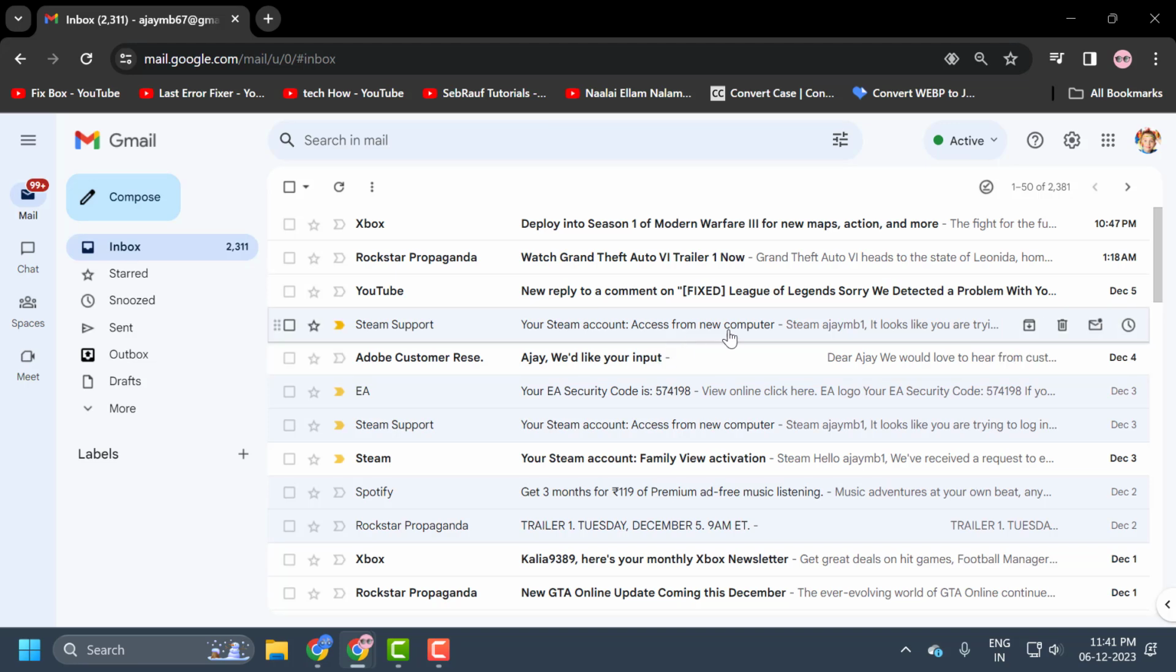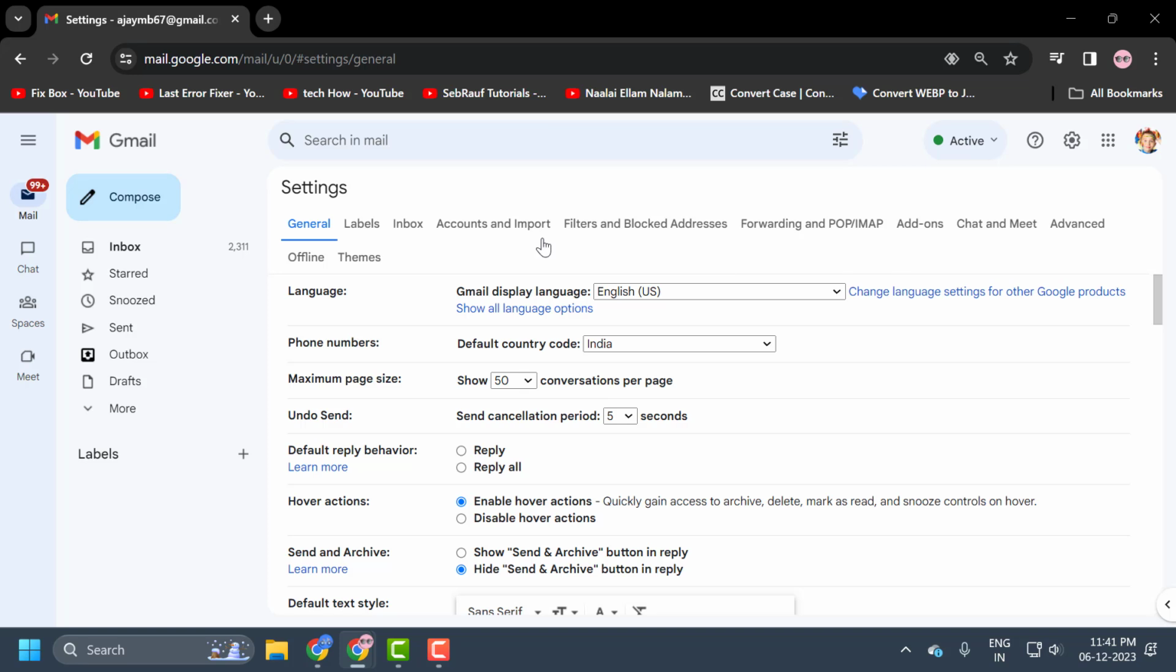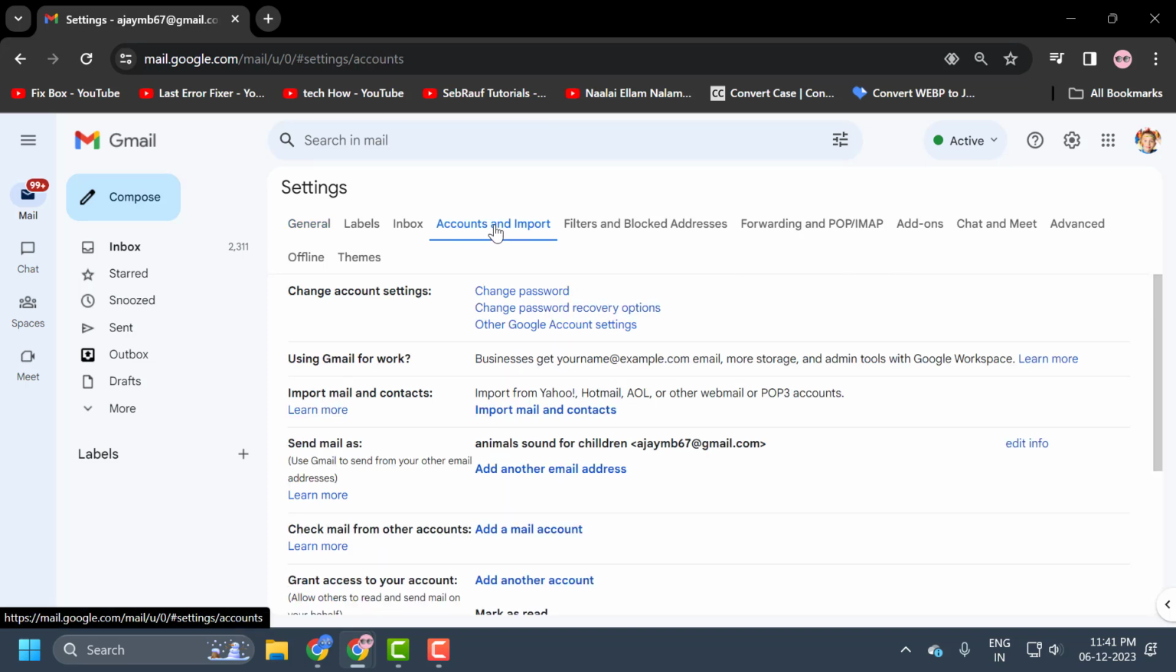So all you have to do is click on this setting icon and select see all settings. And now you just need to select accounts and import. And in here, import mail and contacts. Click on import mail and contacts,